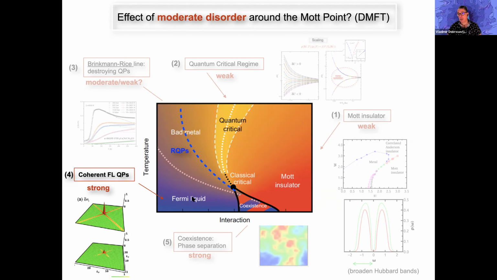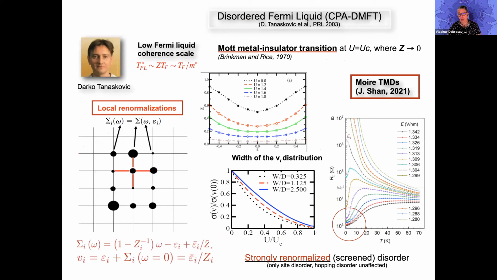They don't scatter much. They are long-lived excitations with spin 1/2 and charge 1, and they resemble a non-interacting electron gas in many ways. And if that is so, they propagate through the system as waves, and they should display all the interference features of waves. So we can look at that in a little more detail, and the way we can do it in our theory is to apply DMFT to this disordered Fermi liquid regime.